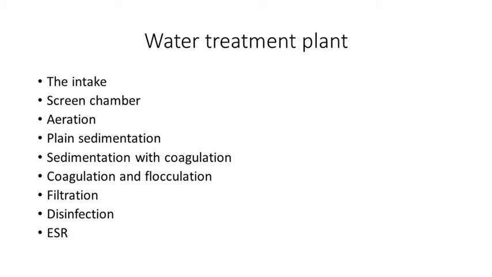So sedimentation with coagulation is a process where we add a chemical, it may be alum or it may be lime. Next is coagulation and flocculation, the process which includes the formation of floc after addition of coagulant. After the addition of alum or lime, we mix it completely by using a clariflocculator. It is a mixer or mixing device which is used for the formation of floc and to completely mix the coagulant into that water.